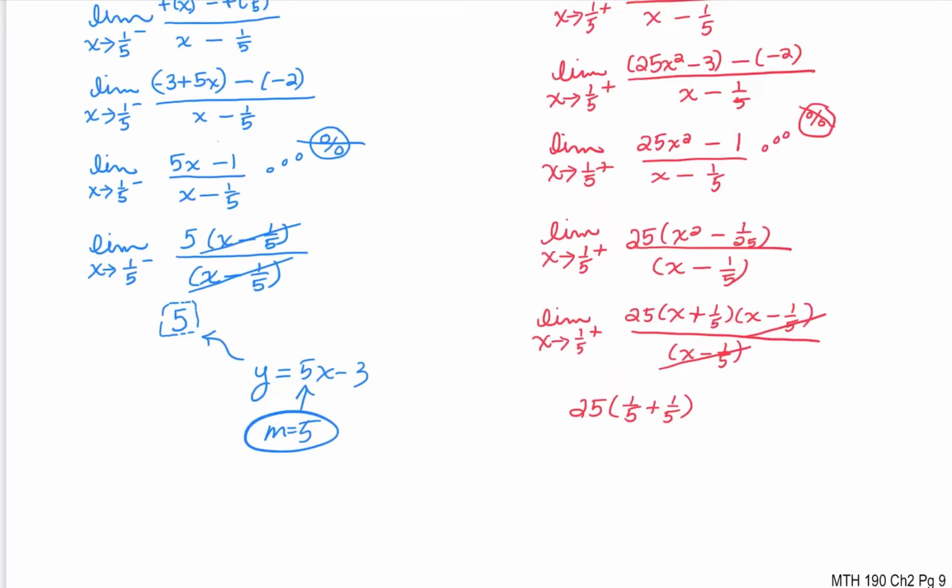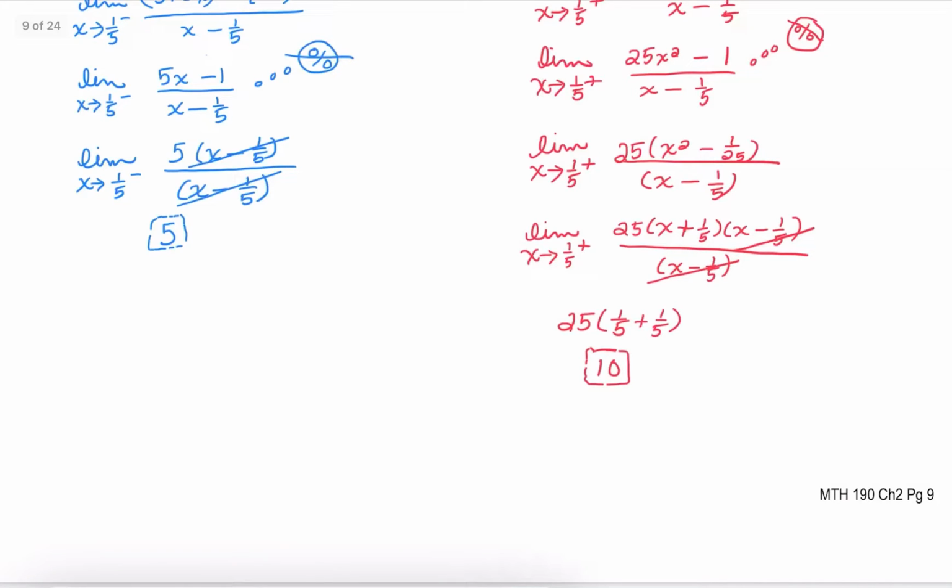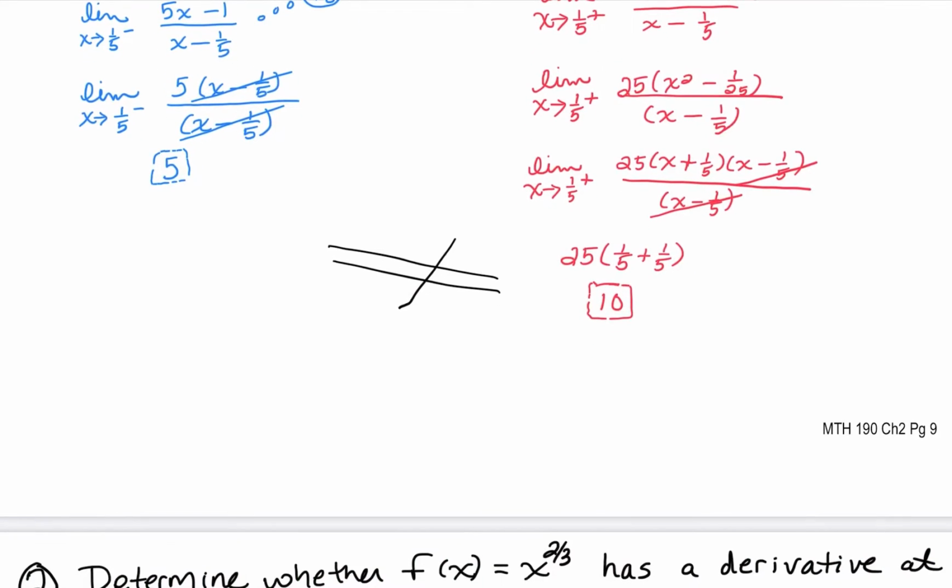So this is going to come out to be 10. So the limit, or the derivative from the right, is equal to 10. So we just discovered that our derivative from the left is not equal to the derivative from the right. So these two are not equal to each other. So therefore, f is not differentiable